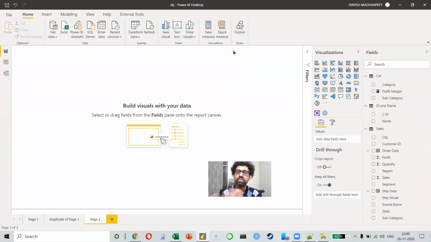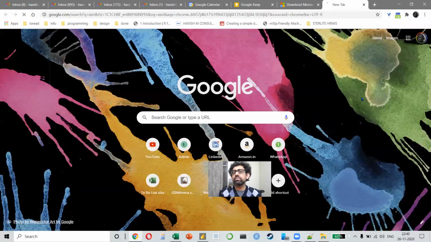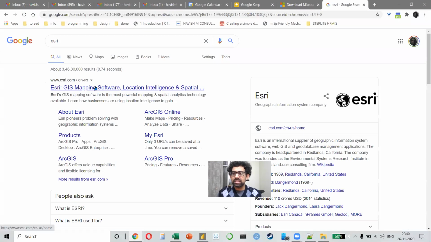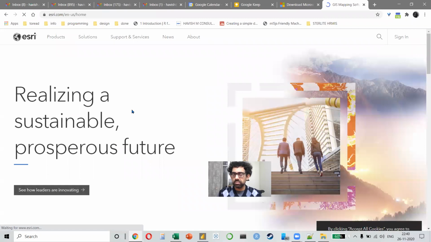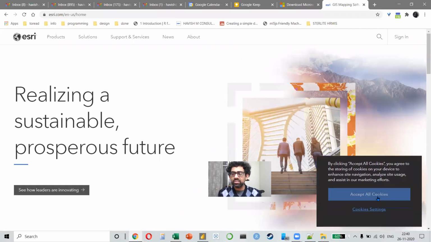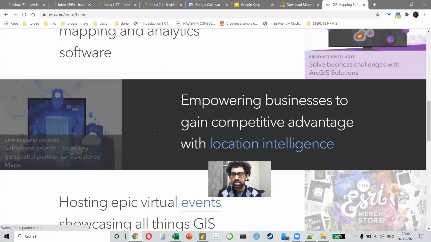And that's why you have very different options available. You have something called this one. This is your ArcGIS. These are the best maps available for any company, right? Internationally. So ArcGIS is run by an organization called Esri. Esri creates these mapping software, and it's used globally by all firms. And what Esri has is amazing maps. So if you notice,